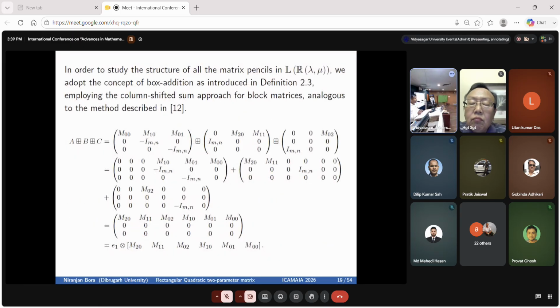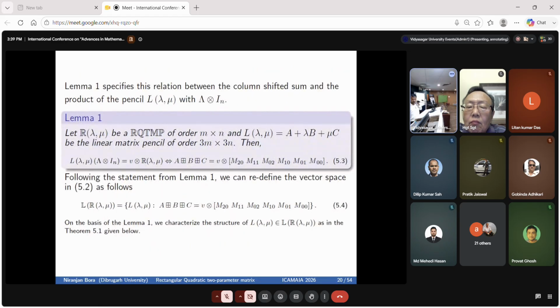So now we use the concept of box addition to find an equivalent vector space. If we add the block matrices A, B, and C, then we finally get E1, that is the first column of the coefficient, in sequential order, and we develop a lemma one